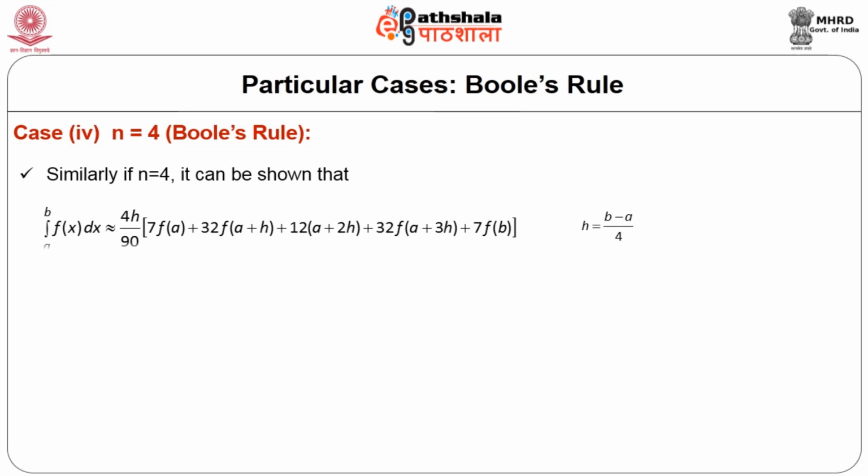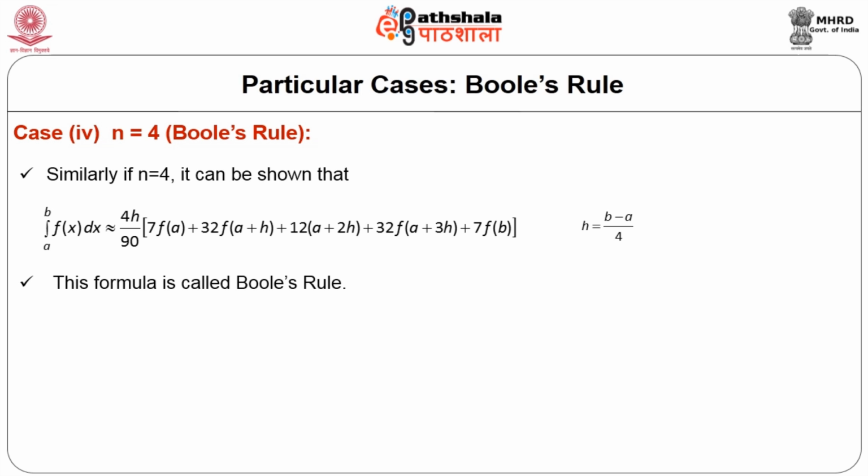Similarly, one can fit a biquadratic polynomial, n equal to 4. We will not derive the coefficients here, but they can be derived on similar lines, and the formula obtained is the integral a to b f(x) dx approximately 4h by 90 in the bracket 7 times f(a) plus 32 into f(a plus h) plus 12 into f(a plus 2h) plus 32 into f(a plus 3h) plus 7 into f(b), where h is (b minus a) by 4, and this formula